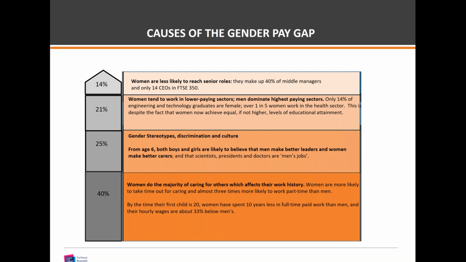So I guess there's also a level of culture at play as well. Recent research from the Government Equalities Office wage programme suggests that many couples don't actually have the conversation around who's going to undertake the majority of the care and responsibilities. It's assumed that it will be the woman. And I guess the big question to ask really is why? Why is it assumed that it will be the woman?